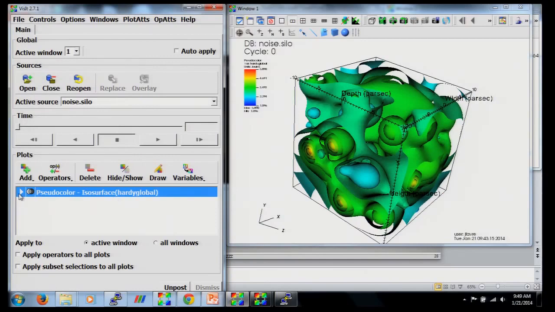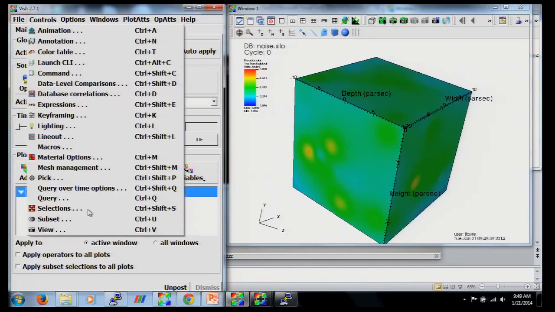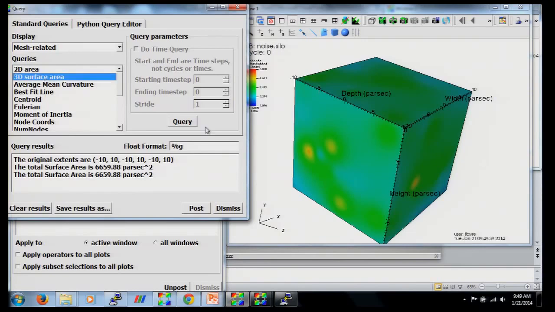If I now open my pipeline, and to open the pipeline, I have to go to this triangular widget which you see here at the bottom of my screen. There. I will remove the isosurface and draw again. So this is my full box. And if I query again for my surface area, I should find 2,400, which is exactly the area of the sixth quadrilateral here of size 400, I'm sorry, because it's an edge of 20. So 20 by 20 is 400. We have 6 faces. The answer is